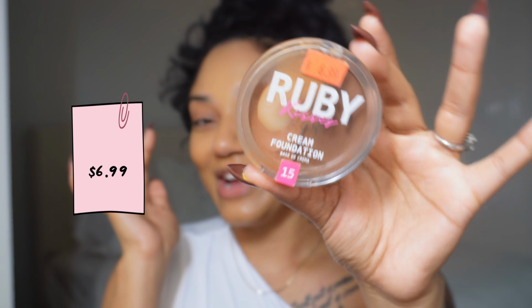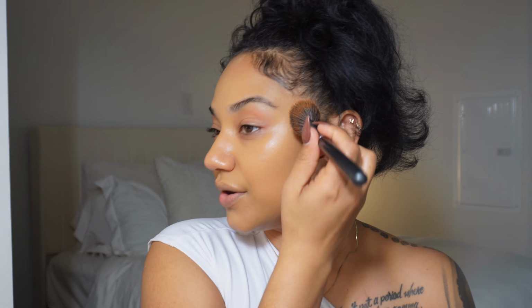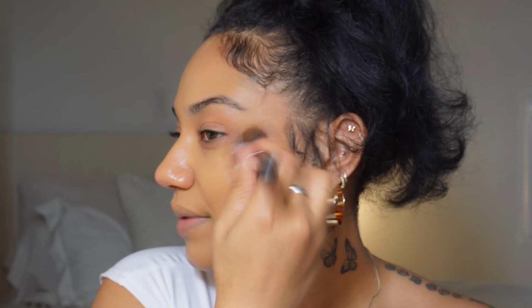You already know how obsessed I am, okay, with my cream foundation from Ruby Kisses. This is the shade 15. I use this as a cream bronzer, and you can see I hit pan. This is like my third one this year. You see the price, okay? I bought this one for $6.99. Sometimes beauty supplies have different prices, but they really should all be the same, to be honest. It might be different, give or take a couple cents or even $1, but this is gonna be my cream bronzer, and I'm using my Kaylee Beauty contour brush here,